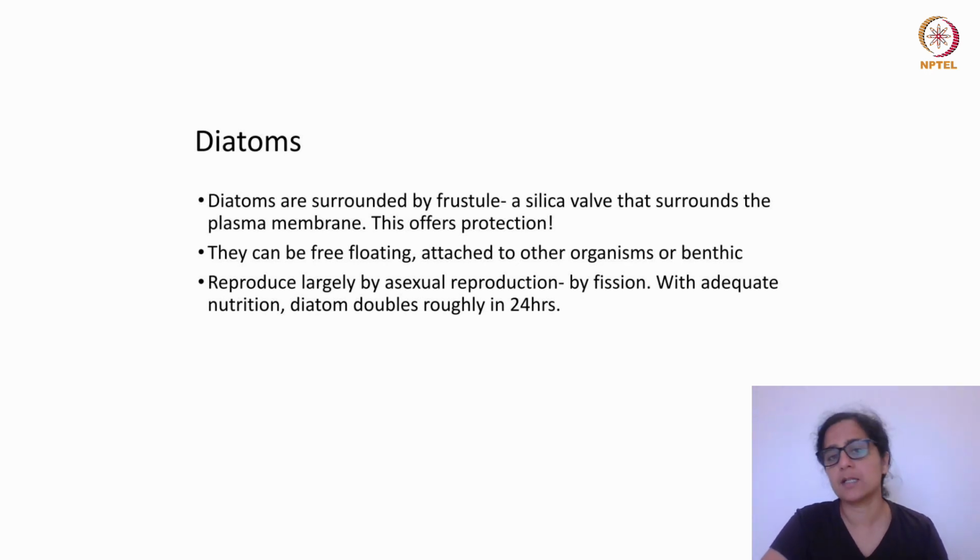Diatoms can be free floating, they can be attached to other organisms, or even benthic. That means they're under the water surface. And they can reproduce really fast. They can double within a day, and they reproduce by fission, which is asexual reproduction. And with adequate nutrition, they can form algal blooms. You would have heard about this. Basically,